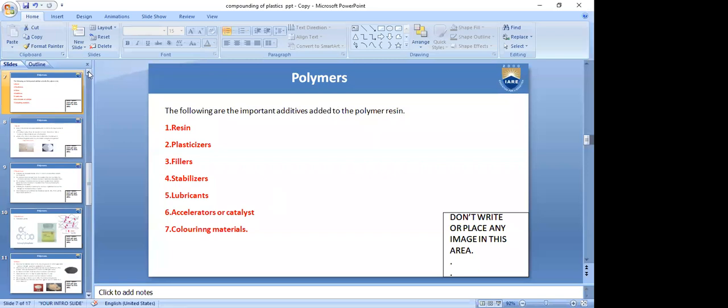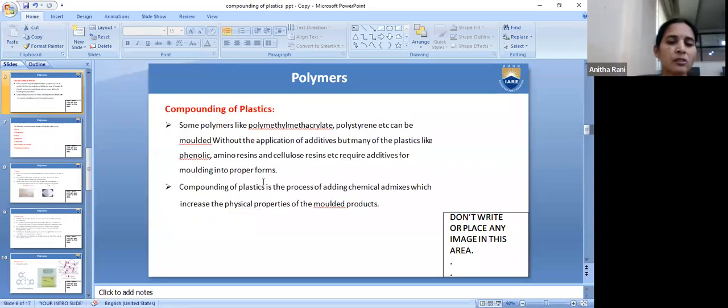You have to write this neatly, which means you have to remember all the ingredients and write them one by one. For example, if you are writing plasticizers, you write the function of plasticizers, then write an example. Writing about fillers, write the function of fillers, then write an example. Like that, for each ingredient, write the ingredient, then the function and example.